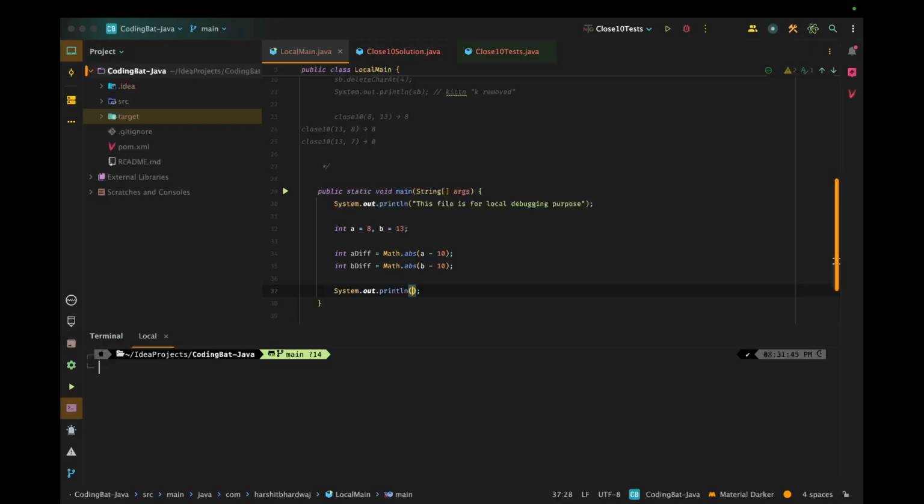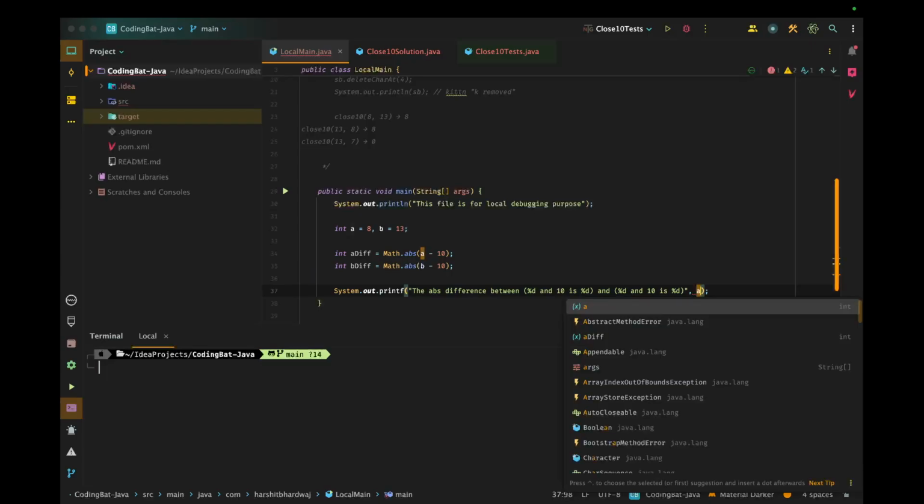And now if I print out the absolute difference between a and 10 is a_diff, and again b and 10 is b_diff.